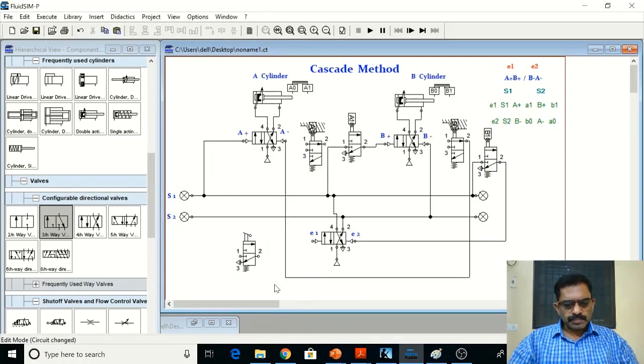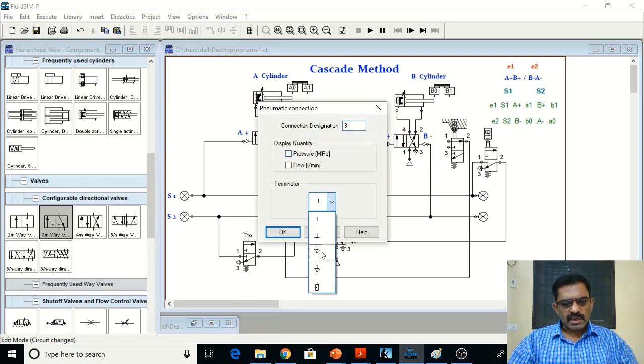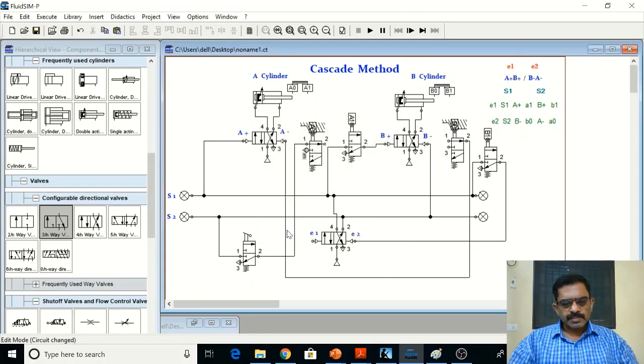So now the input to this I am getting from S2, it is in the S2 group only, and the output I am giving to this A0. So A0, and I can connect an exhaust here. So everything is connected now, and let me check if anything is missing. Exhaust,